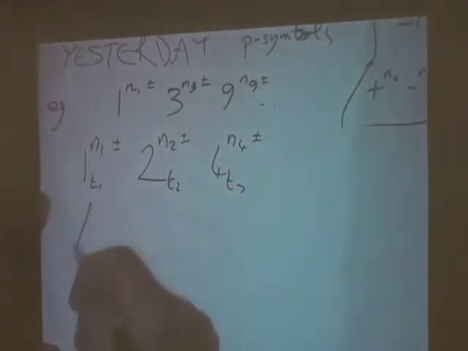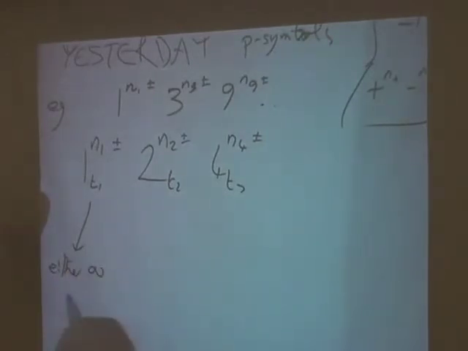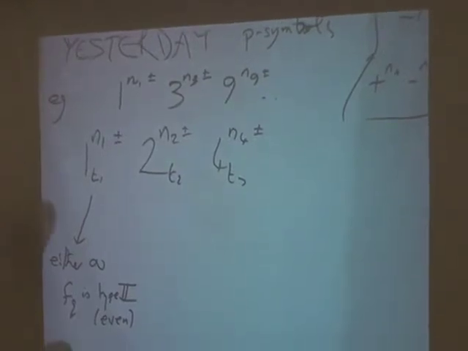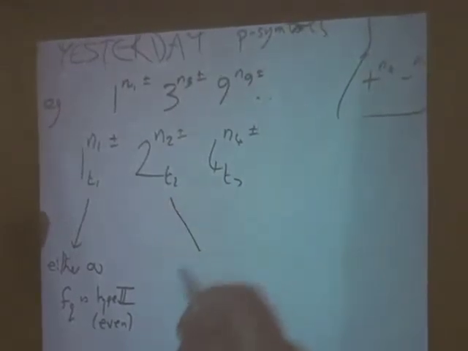The ti is either infinity, and that means that f1, or let's say fq, is type 2, that's to say even. And that means it's got even diagonal entries, but nonetheless its determinant is odd. That's a thing. Or else